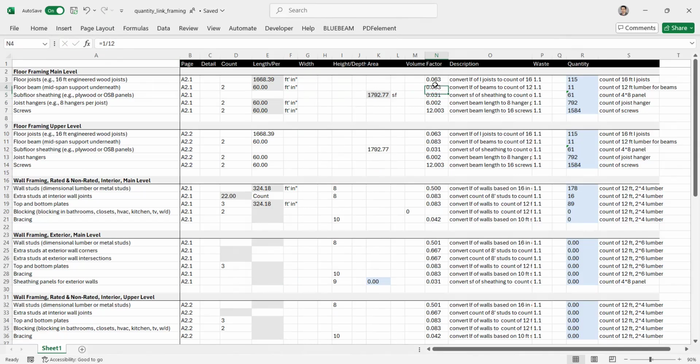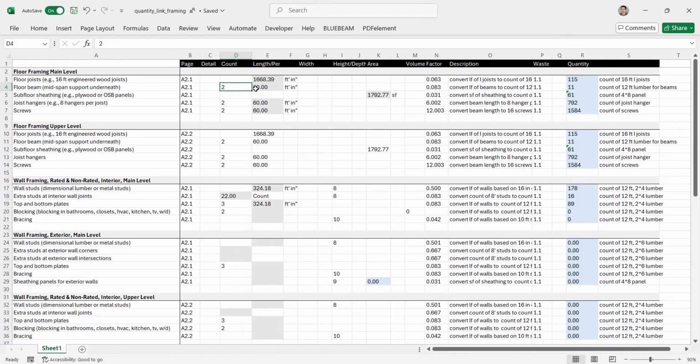That way I can multiply that by whatever length I have to get the total number of 12 feet lumbers. Depending on the specifications of your structural drawings, which haven't been shown in this drawing set because we don't have the structural details, typically to construct a beam you want a pair of these lumbers next to each other. And because we have a pair as opposed to just one, I have added the number 2 to this count